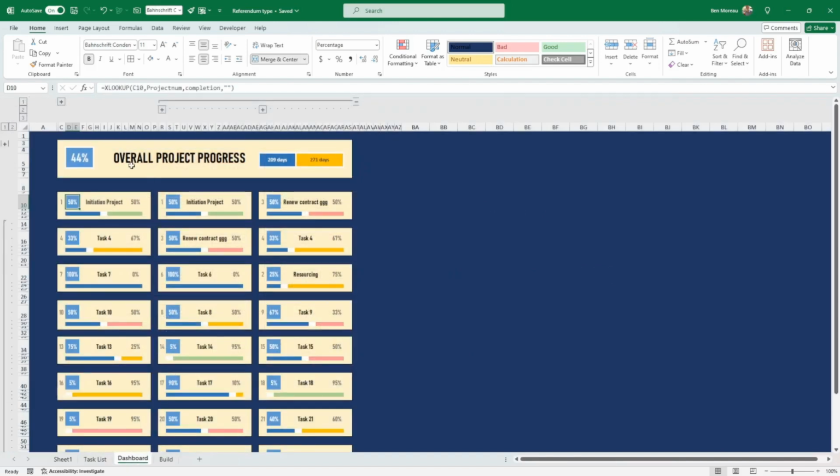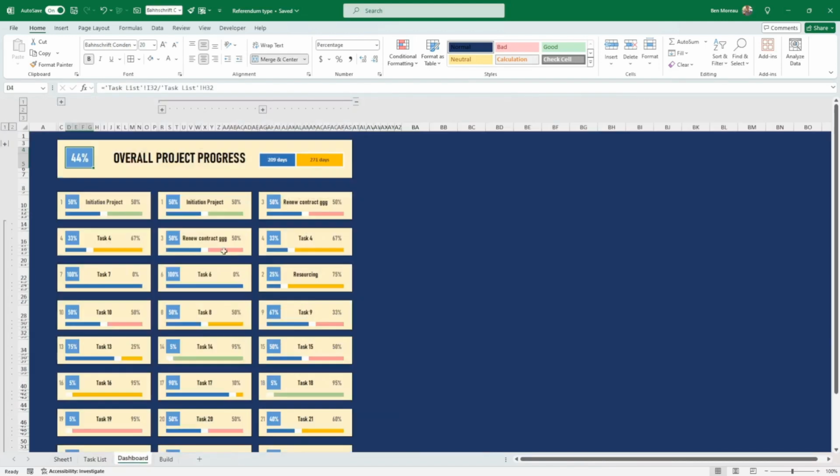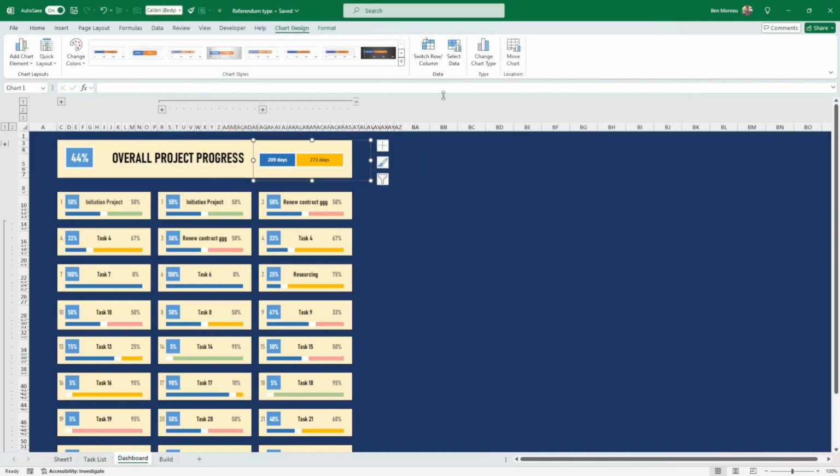Now, let's go through these, for instance, to start with, to get the top out of the way. So here, this is the percentage completion, so based on those two values here, it's very easily calculated. Here you just put whatever you want. It is easy, it's directly in here. And here it's a very basic chart design. You just select